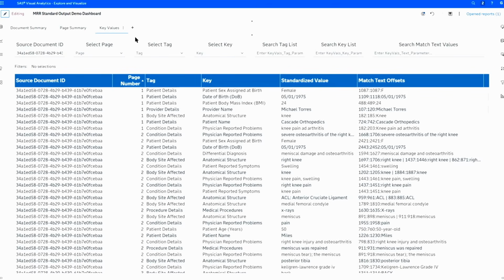The other thing I'll point out is we keep all the raw data in this file. If you've got multiple mentions like right knee here, we deduplicate that to a single mention of right knee. We also preserve the positional offsets of the text strings within the document. That gives you the actual page where that was found within the document itself.